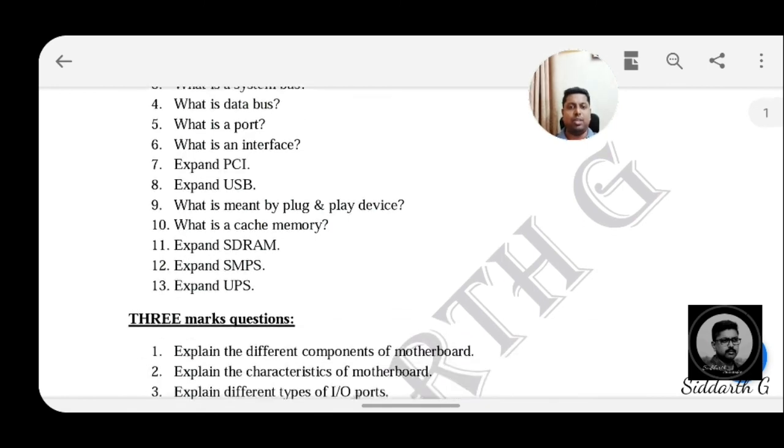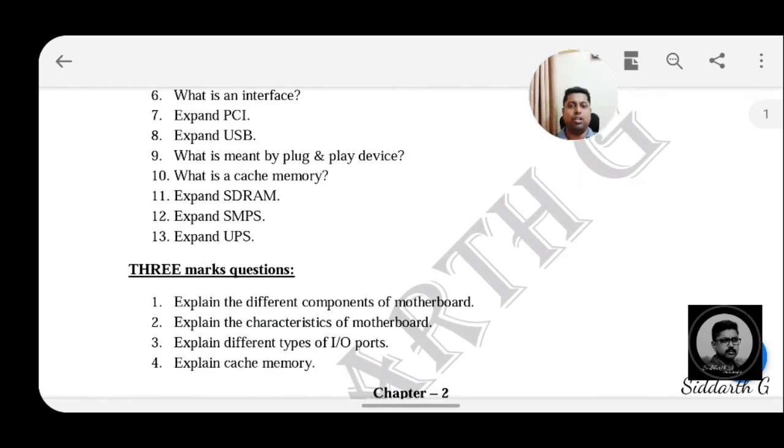And I am showing some 3 marks questions. So these are the 3 marks questions; there are nearly 4 of them. Nearly 13 1 mark questions I have given. But these are only types of questions; exactly these questions will not come. These are the types of questions you may expect in your annual examinations. Thank you.